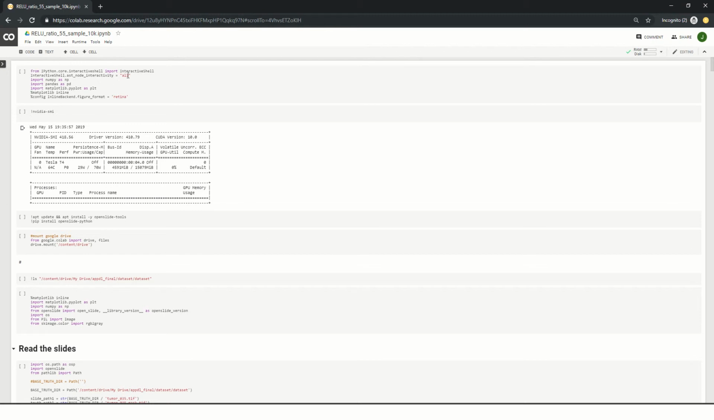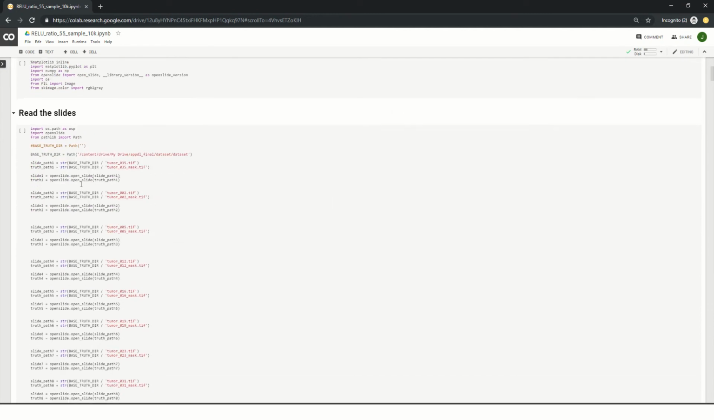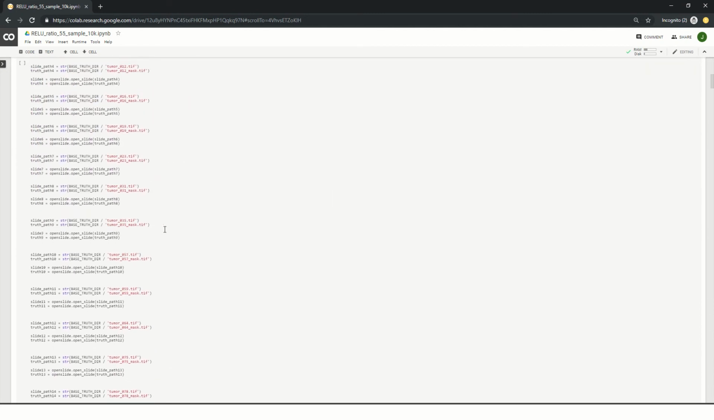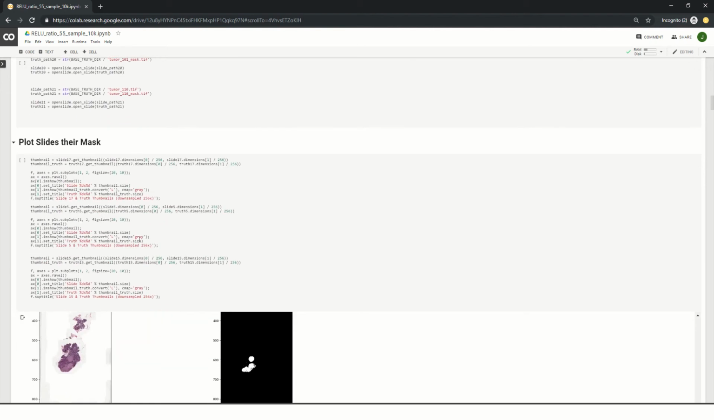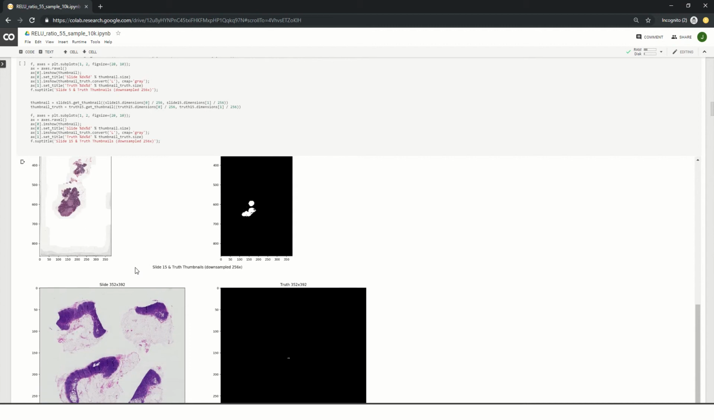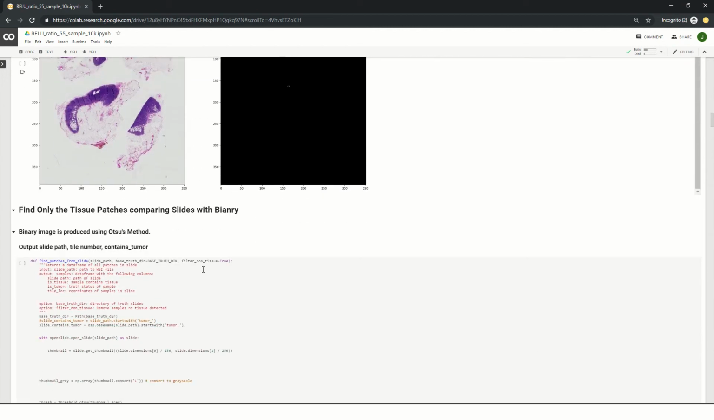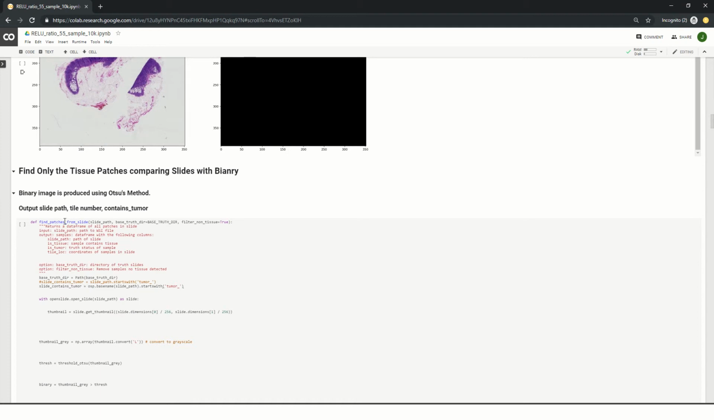In the code, I first start with all the trivial steps: importing, downloading, installing, mounting Google Drive, and extracting the datasets using OpenSlide, shown in class. Then I demonstrate by plotting three slides that I bring in, to show that I can really use them using OpenSlide. And then I create the find patches from slide method, which takes in the original slide and